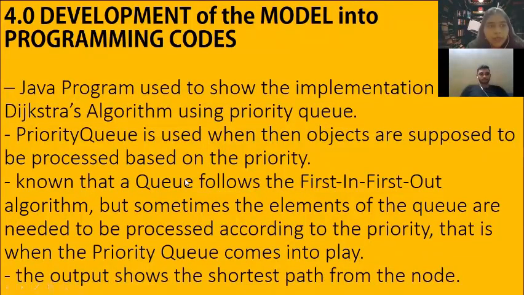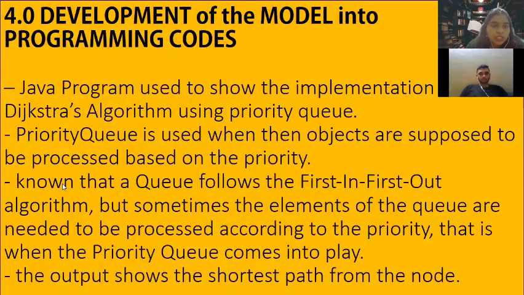Hello, and I would like to present about 4.0, the development of the model into programming codes. So we have used a Java program to show the implementation of the Dijkstra algorithm using a priority queue. We use a priority queue to find out the shortest path based on the